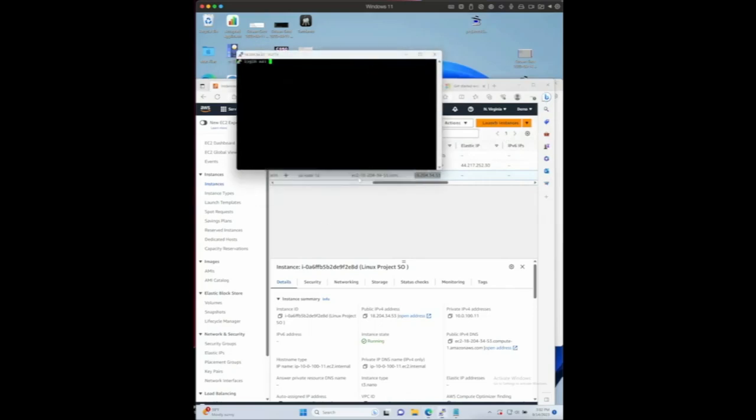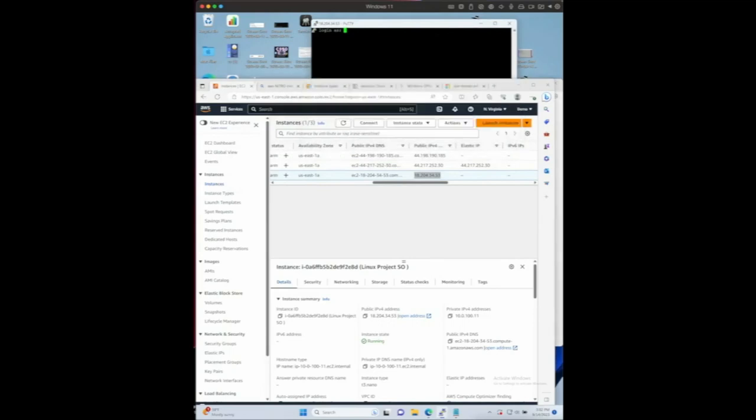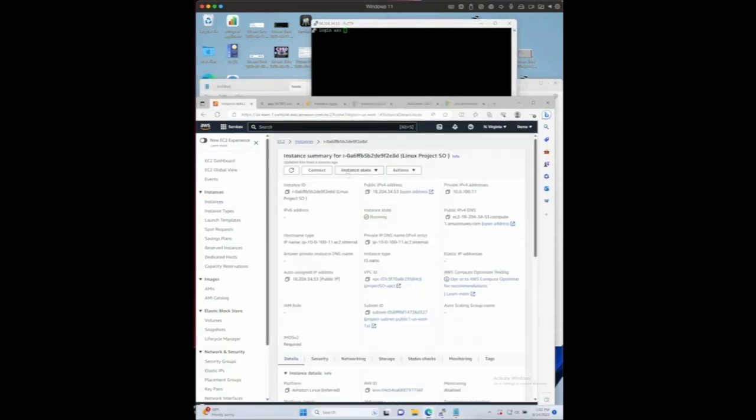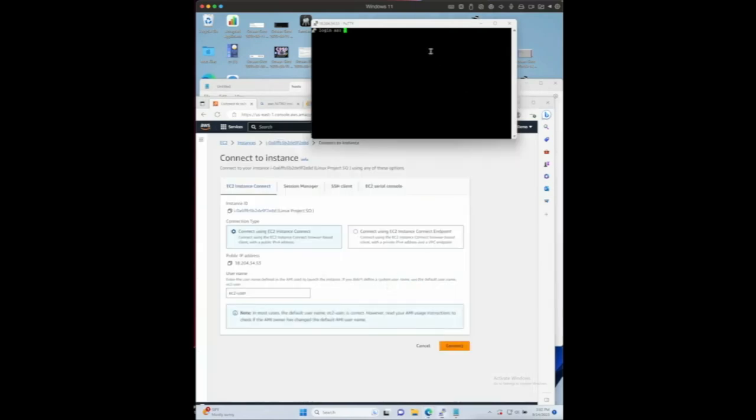And then as you can see, we're just going to go to accept. And then we are going to log in. Now, I actually don't know the username for this one. I don't remember it. But if we go to connect, we're going to see it's EC2 user. So we can just type up here EC2 user. And now it's authenticating with the public key and we're able to log on,